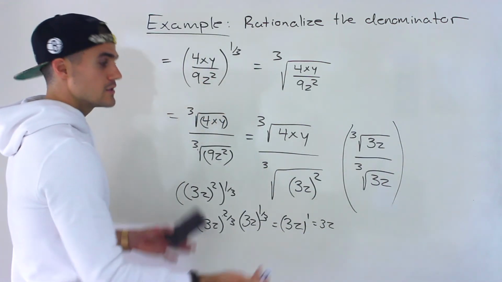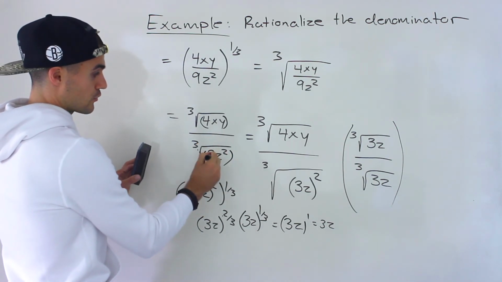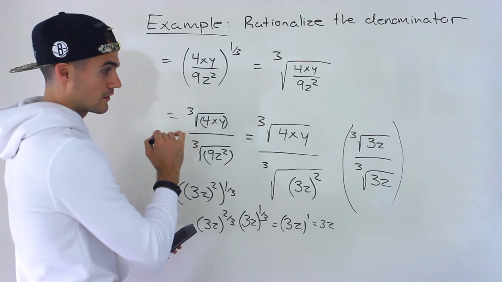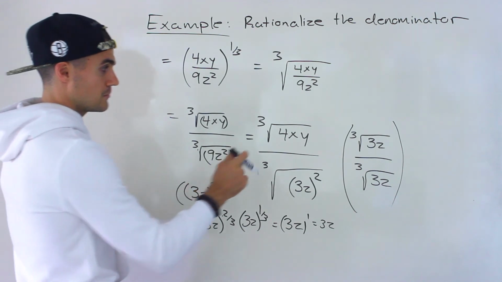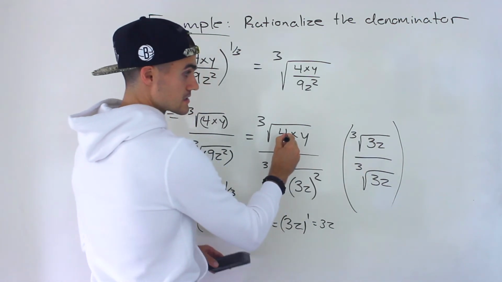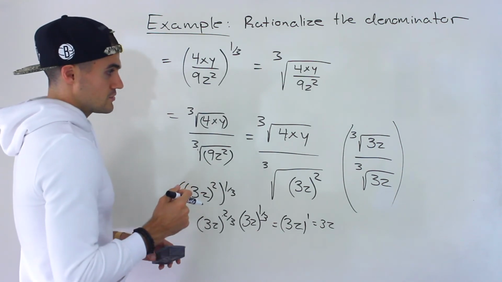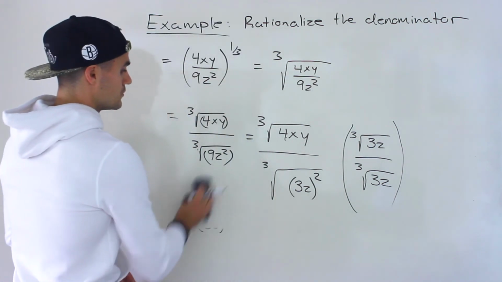Okay, it's a little tougher to see. You could do it the other way that I had, when we multiplied it twice by the third root of 9z squared. It's just there's going to be more simplification later. Here, there's going to be a lot less, right? Because we're only multiplying this and this. Right? So again, a little tougher to see, but basically, what would happen here when we do this